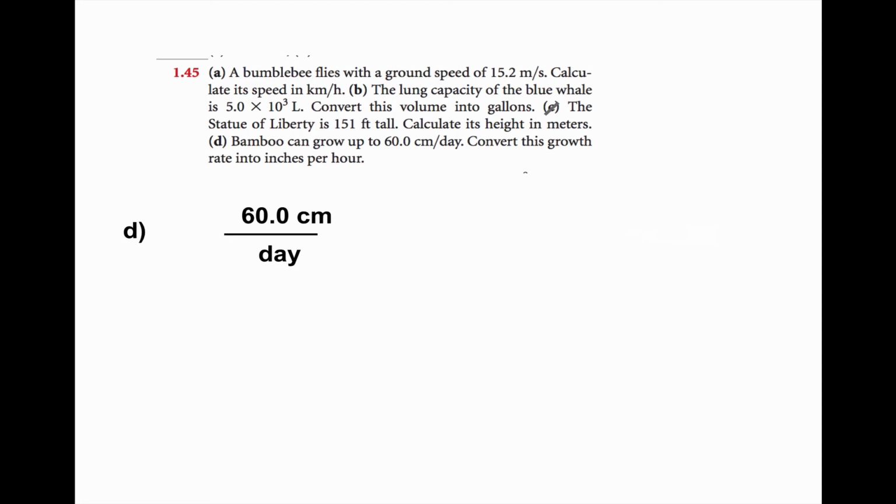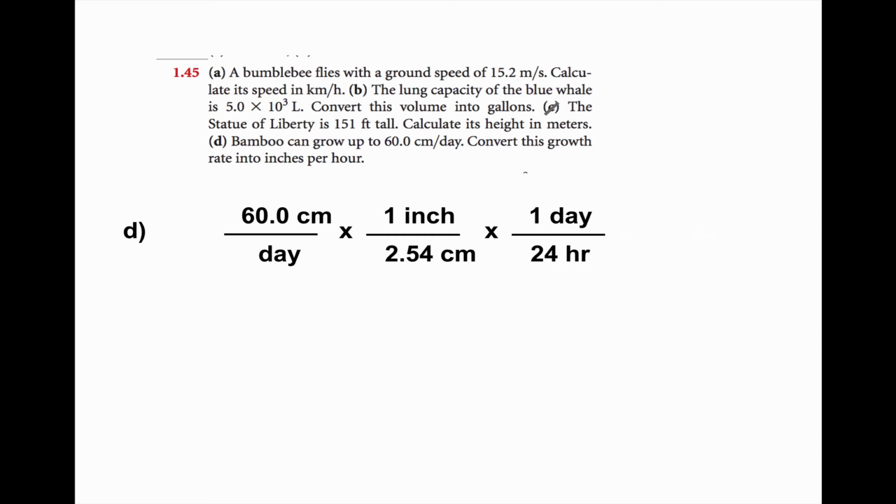So again, you write down what's given, centimeters per day, and I want to get to inches per hour. So I look for a conversion factor to get me out of centimeters, or I look for a conversion factor that's going to get me out of days. All right, so every 2.54 centimeters, that's 1 inch. Now I've got inches up in the numerator, and days to hours. Oh, the conversion factor is for every 1 day, I got 24 hours. So notice I put days up in the numerator because I want to cancel days down the denominator with my